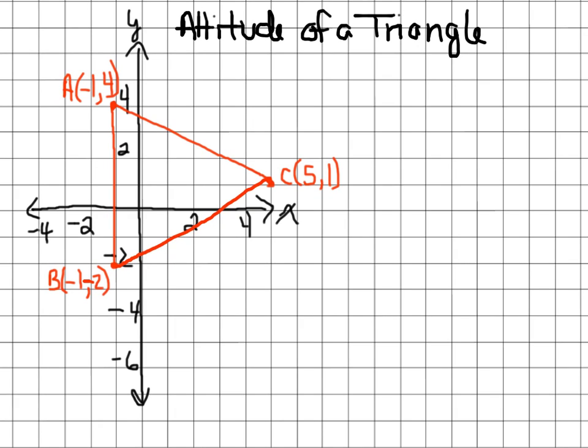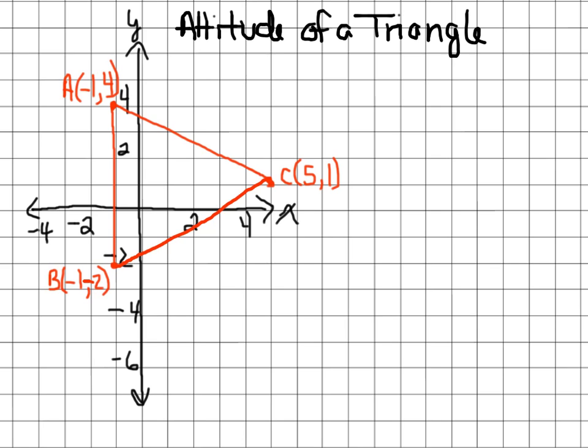This lesson is on the altitude of a triangle. The altitude of any geometric shape is its height. So we will be trying to determine information about the altitude of a triangle. In this case, we have triangle ABC,